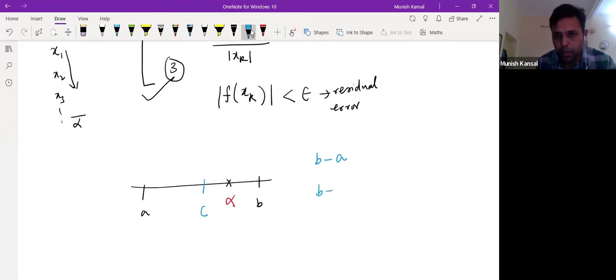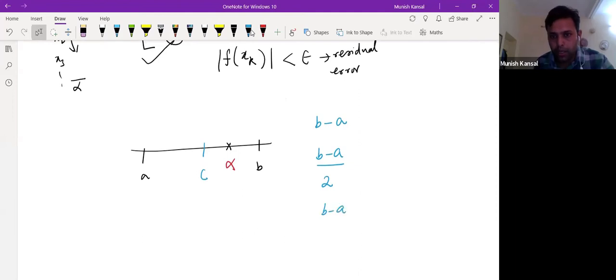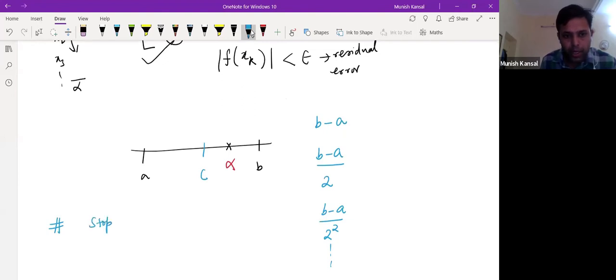At the first stage, the length of the interval is b minus a. Then at the next step, the length becomes half because we are bisecting the interval, right? So this becomes (b minus a) by 2. At the next stage, it again gets halved. So we get (b minus a) by 2 squared, and so on. So the length of the interval is reducing by 1/2, right? So in case of bisection, we can also say that we will stop the iteration process, right? We will stop the iteration process whenever the length of the interval is, say, less than your tolerance